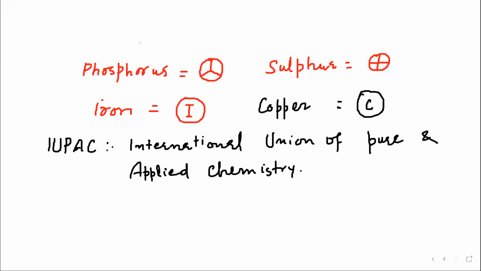So here rules are framed, and accordingly we give the symbols and the IUPAC names to the various compounds. All the chemists internationally frame certain rules according to which we give the IUPAC name or the symbols. For example, for hydrogen, the symbol was taken from the first letter and it is written as capital H. So this is the symbol for hydrogen. It's very easy to write, isn't it?